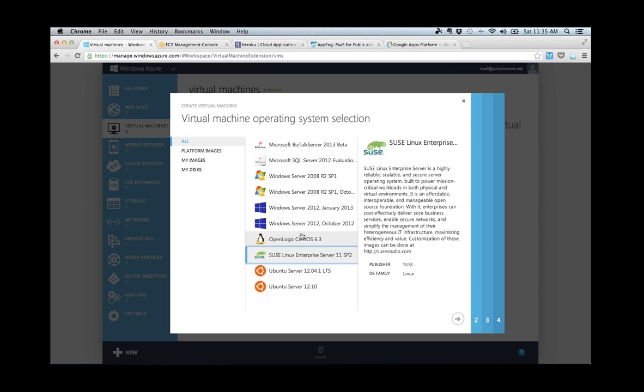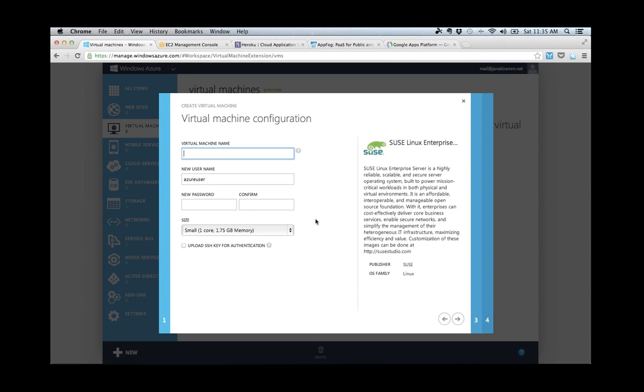Right. So this is the new phase of infrastructure where you basically select your choice of operating system, and then you choose the configuration. For example, here, if you are able to follow what is going on in the screen, you can choose a configuration. For example, an extra large with 8 cores and 14 GB memory is a very powerful server, and all this with just a few clicks. So this is infrastructure as a service.